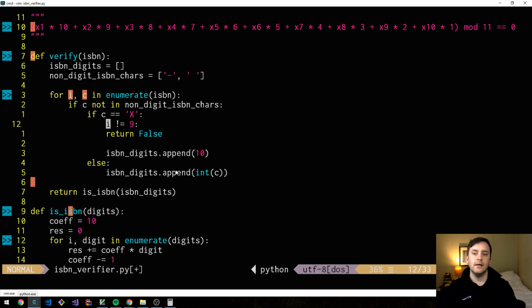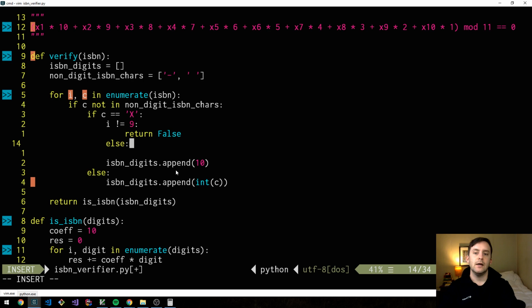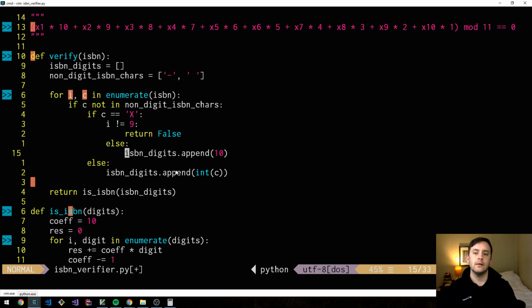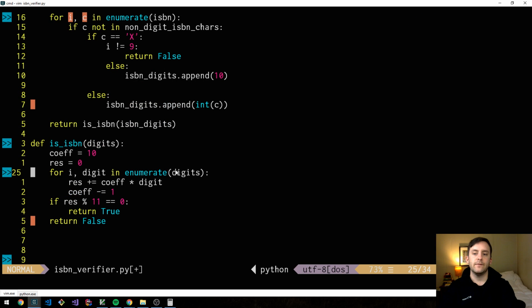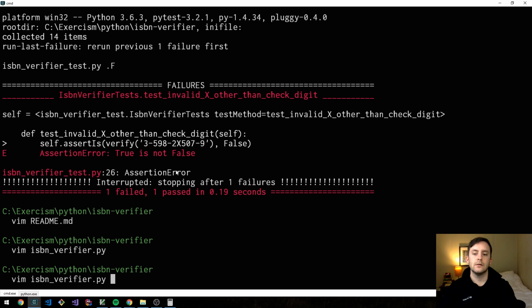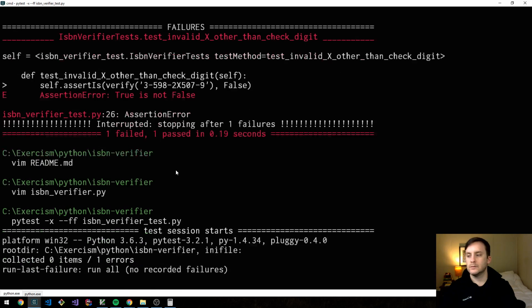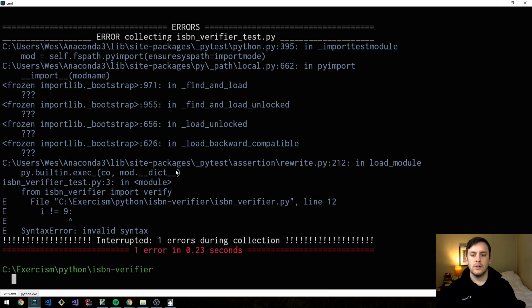We'll say if our char is an X and i is not equal to the index where X is actually valid, then we can return false. Else we'll append 10. Otherwise, in every other case where we don't have X, we'll just append our digits as we had before. And I'll go ahead and remove my enumerate from this. We just care about the digits. All right, looks like we have,